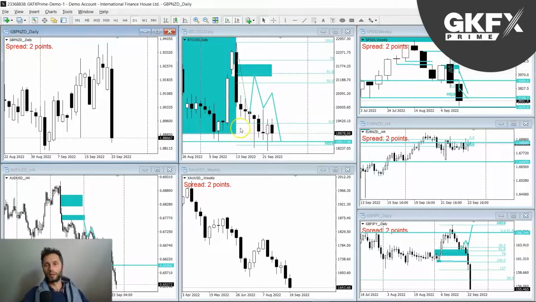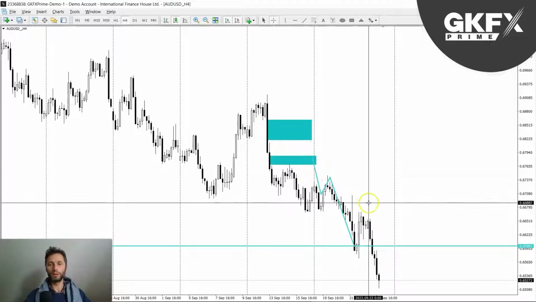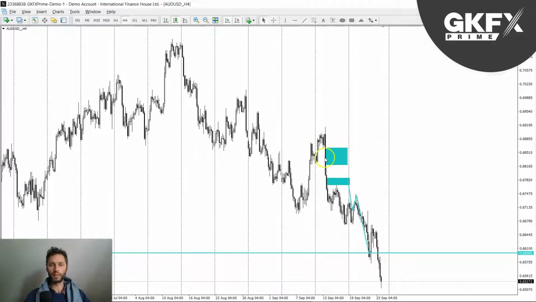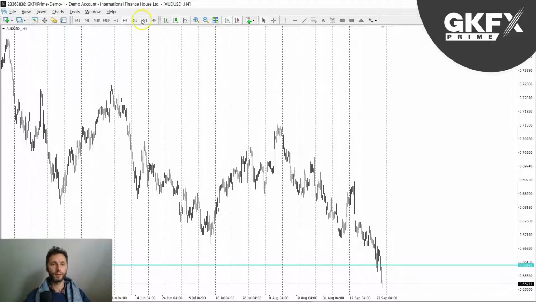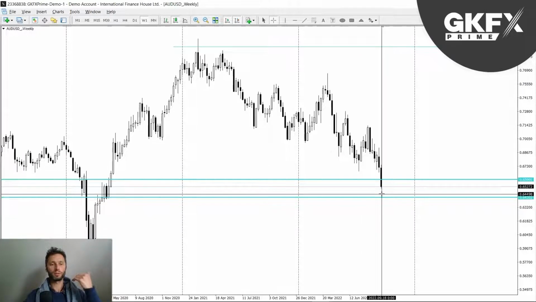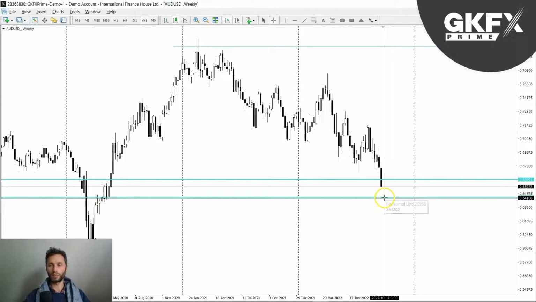All right, I've picked out a few here. Let's begin with the major Forex pairs, as I usually do. And let's begin with the Aussie dollar. So Aussie dollar, we've been looking for a sell scenario for a few weeks now, and we have got that drop. So let me delete all this previous week's stuff here, and let's have a look on the weekly. You can see these are the two levels I marked out in previous weeks as targets. We've blown through the first target there, and I've got the second target here at